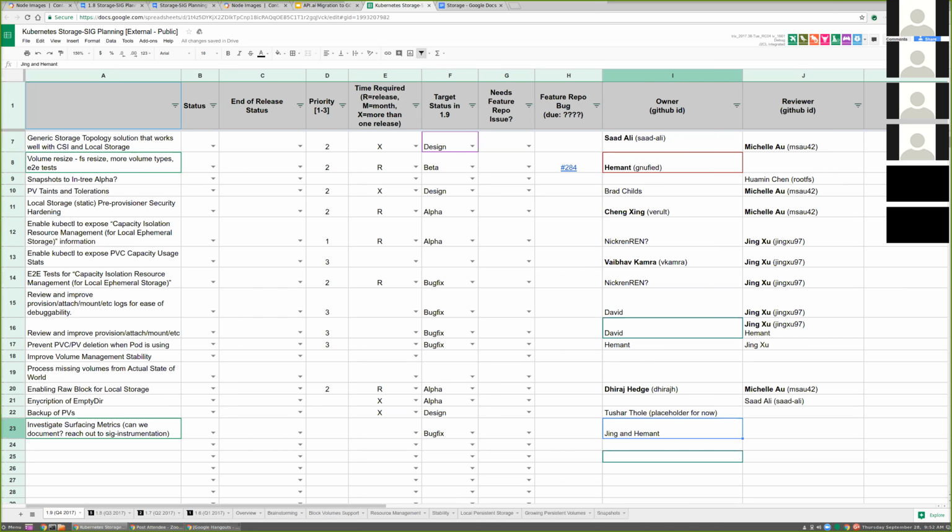So on 21, it is encryption of emptydir. We don't have owners yet. This was a line item I added. I would prioritize this as P3. It's a cool, fun item to investigate and design and maybe push to alpha this quarter if we have the bandwidth. The idea here is